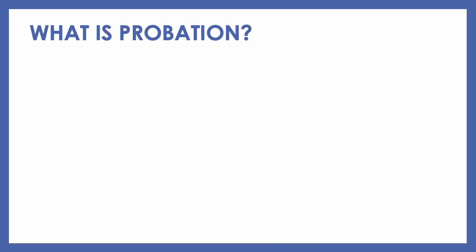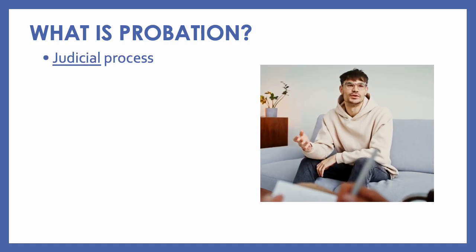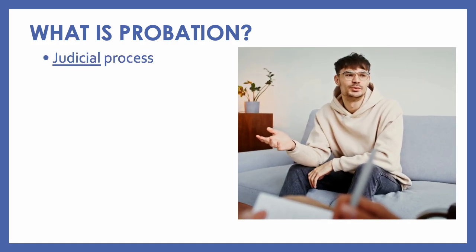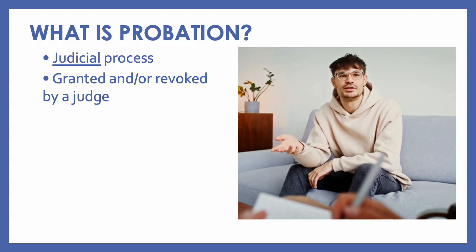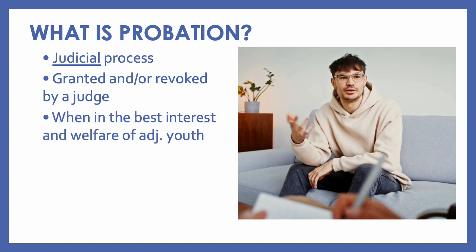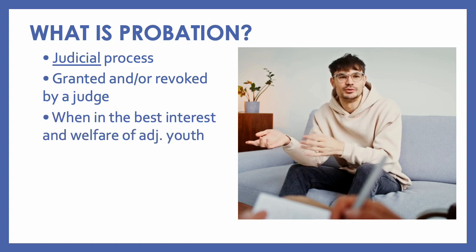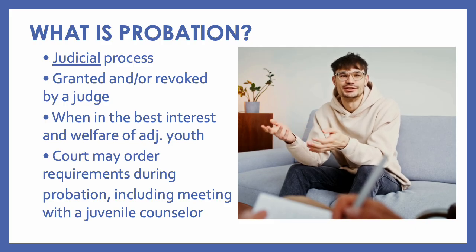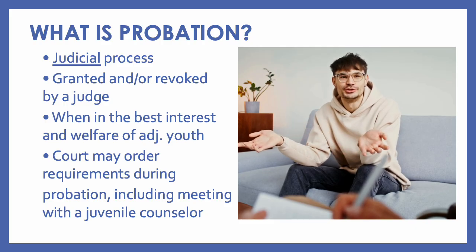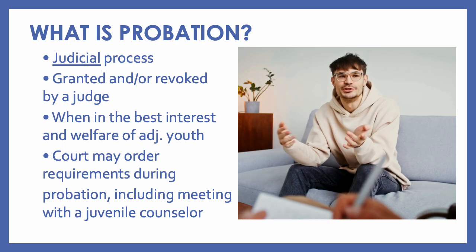Now we're going to switch it up and talk about probation and the statutes that govern probation. So what is probation? It's important to understand that probation is a judicial process, which means that it's granted and or revoked by a judge. O.R.S. guides that a judge will order probation when in the best interests of the welfare of the youth. Additionally, the court may order requirements during probation, including meeting with a juvenile counselor, and this can be found in